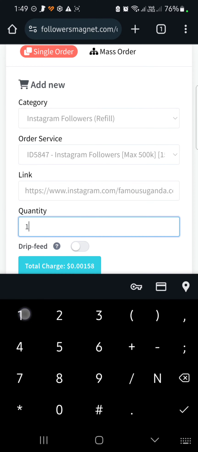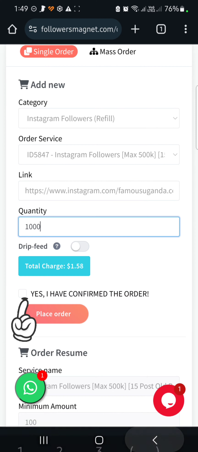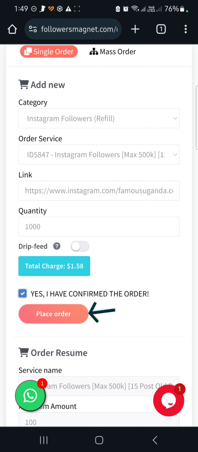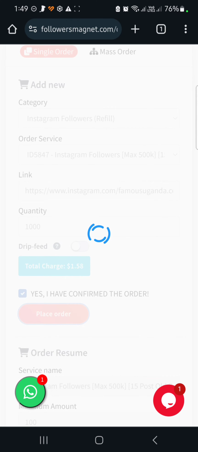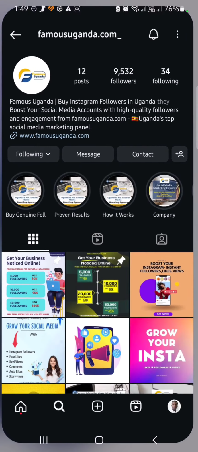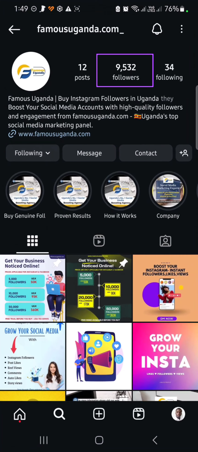The quantity, I want 1,000 followers. You can see 1,000 followers cost $1.58. Then I just select I have confirmed with the order, and then I click on place order. So this means I will spend $1.58 to get 1,000 followers on that account. So I place the order, and that's it. So I will just go back to the account, give it like 5 minutes, and then I